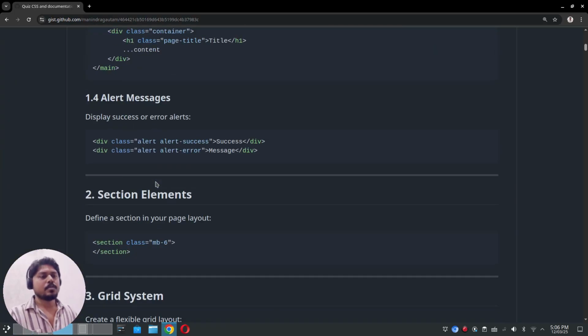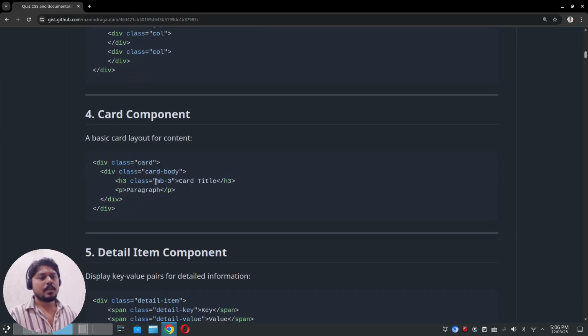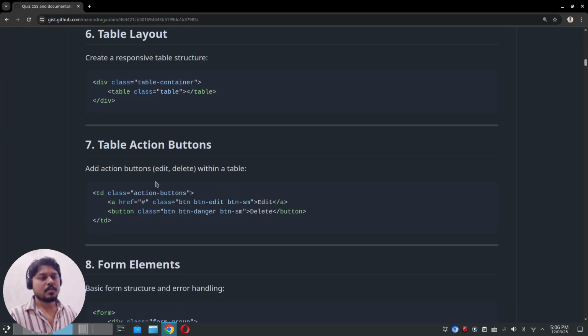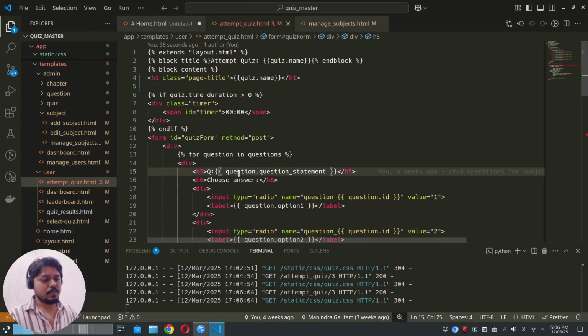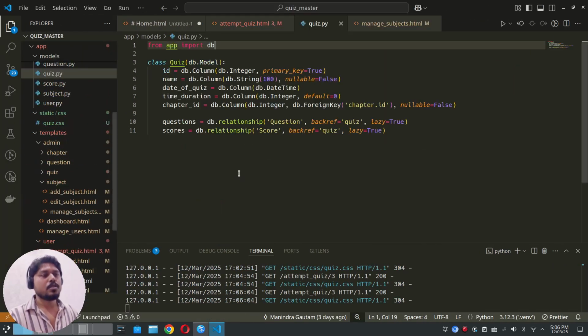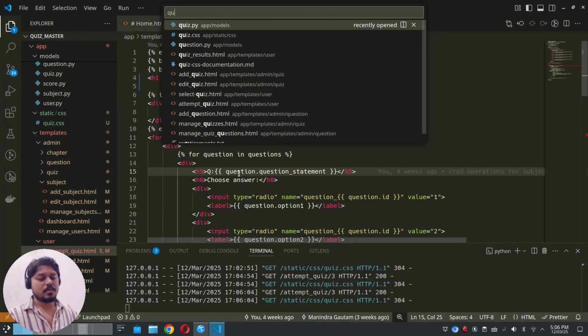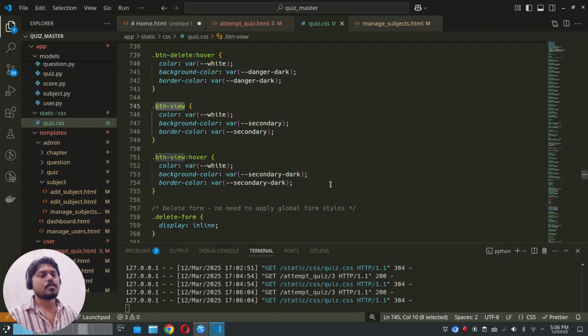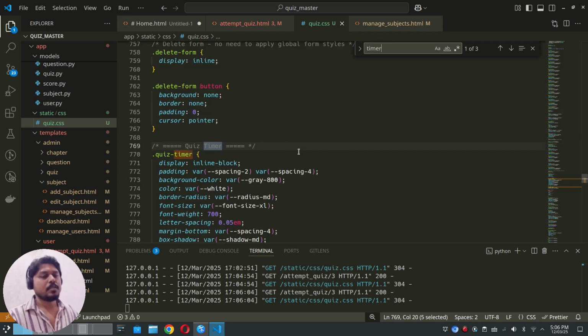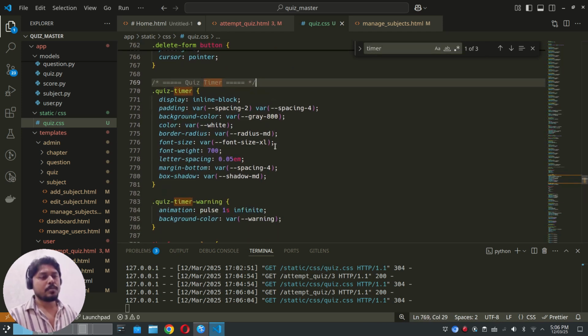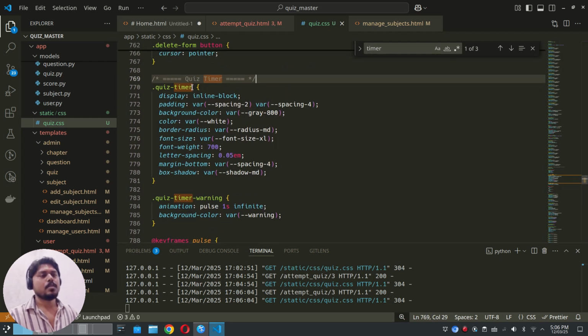For the timer, we have another class that is timer, I guess. So open the quiz.css, and we have a timer class, the quiz timer. Okay, so copy this class quiz timer,